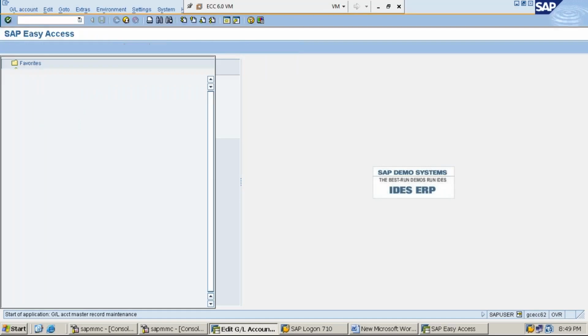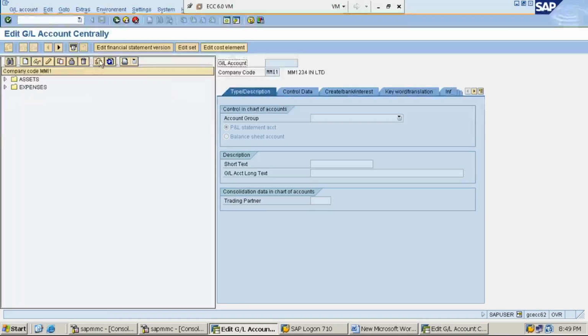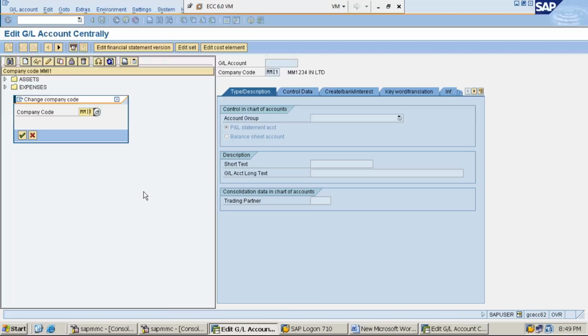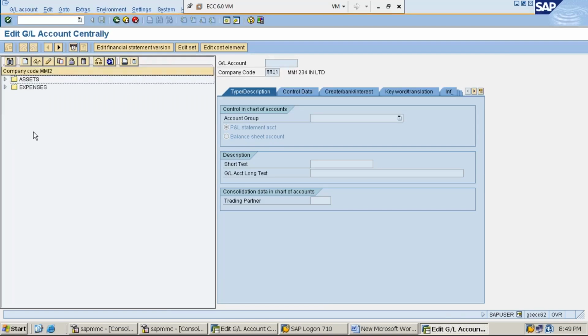FS00. Here I'll change the company code to MMI2. See, in MMI2 also the system has created the GL accounts. Understood? Yes. Right. Fine. Next